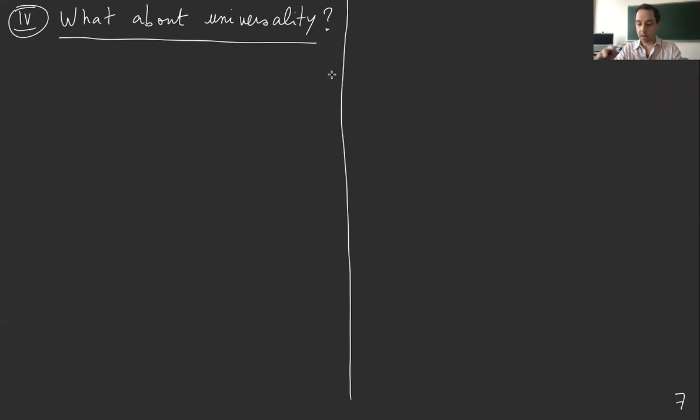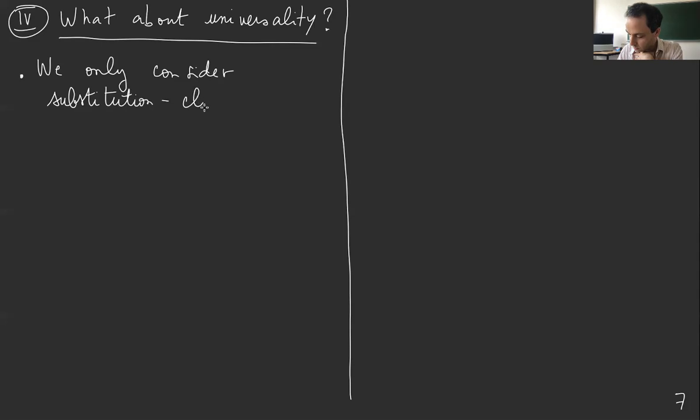So we can ask, how can we generalize this kind of results for other permutation classes? So the first point is that we have to restrict to substitution-closed permutation classes, which means that